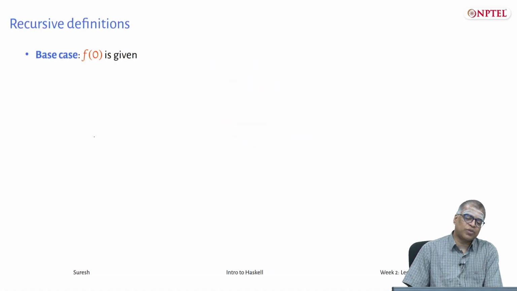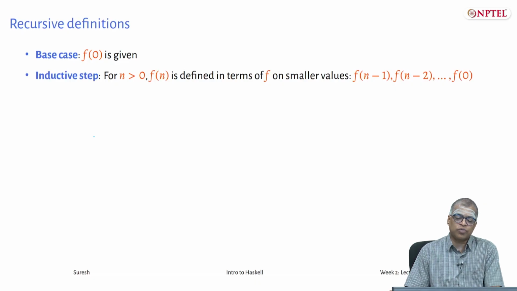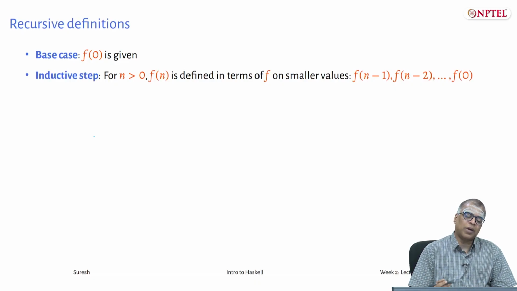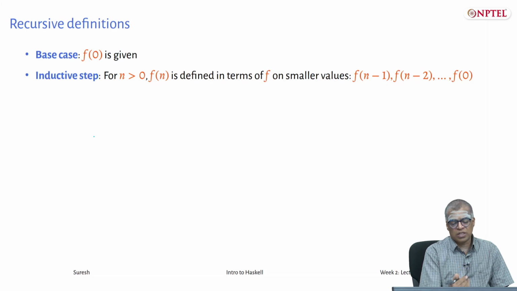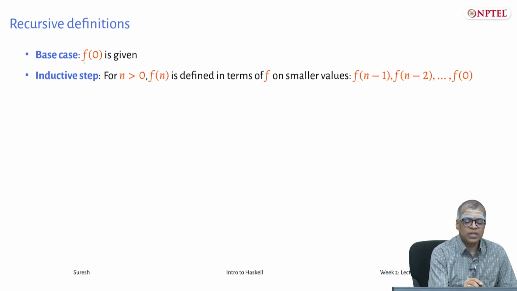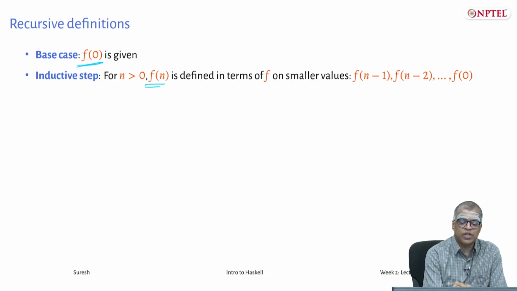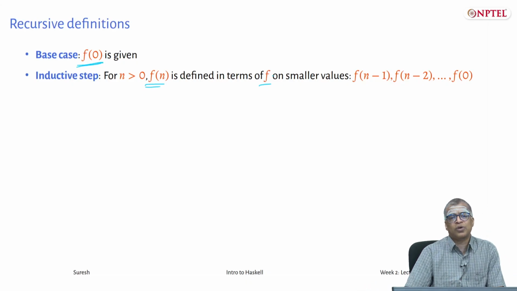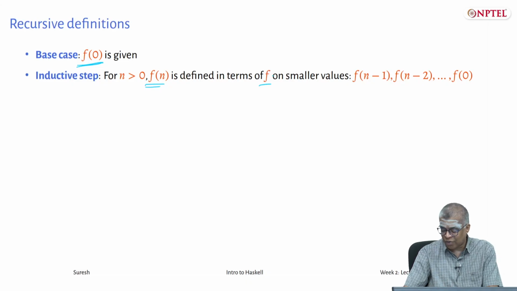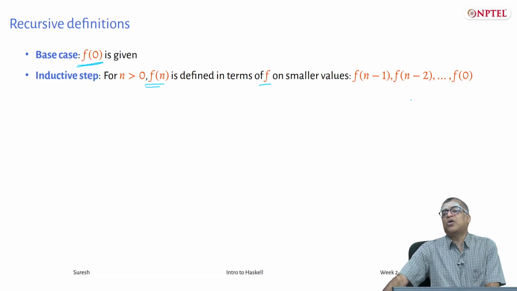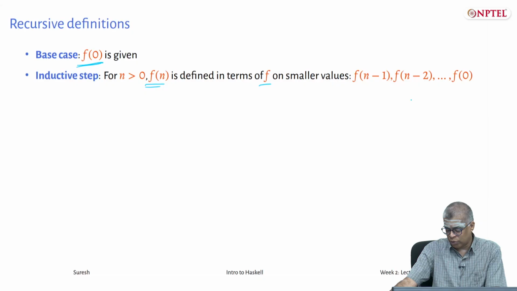We've already seen a glimpse of recursive functions in the lecture last week and in the demo, but let's recall it anyway. A recursive function is one where, mathematically, there is a base case. Let's consider just integers for the moment. A base case is given, which is f of 0, and you define f of n in terms of f itself. You define f of n in terms of the value of f on smaller values of n: f of n minus 1, f of n minus 2, etc., all the way up to f of 0. You might not use all of these values, you might use only a few specific values.